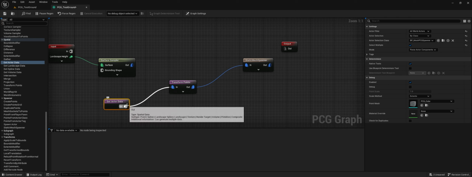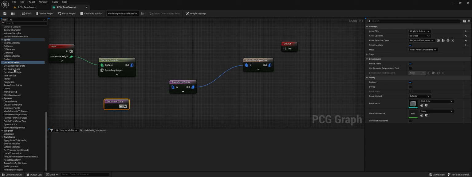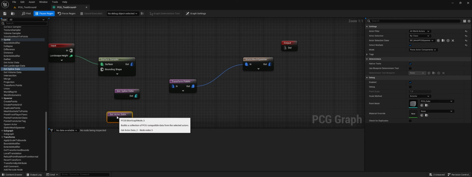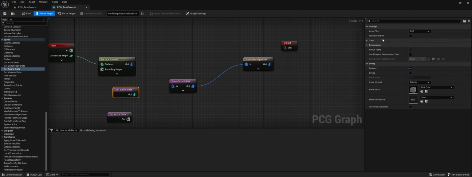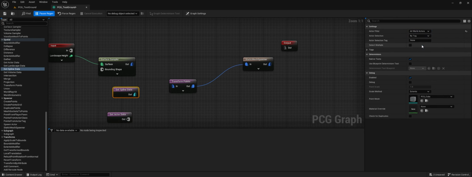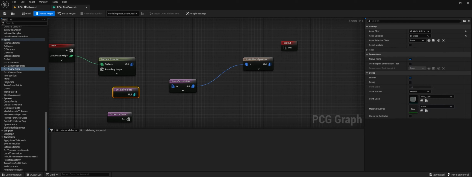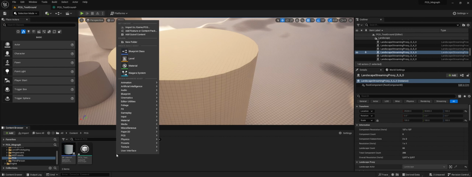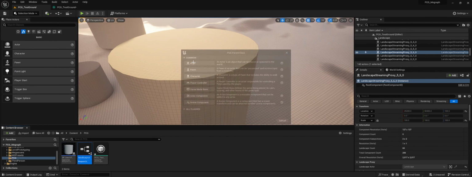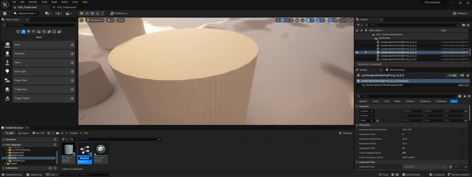You might have noticed we have a spline data here. Let's select that one. I should have paused this one, so let's pause this one, and let's get our spline data. And spline data is similar to this one. We need to get all world actors not by tag but by class, and we don't have a spline class right now. Let's go back and create one. Let's create a blueprint actor,